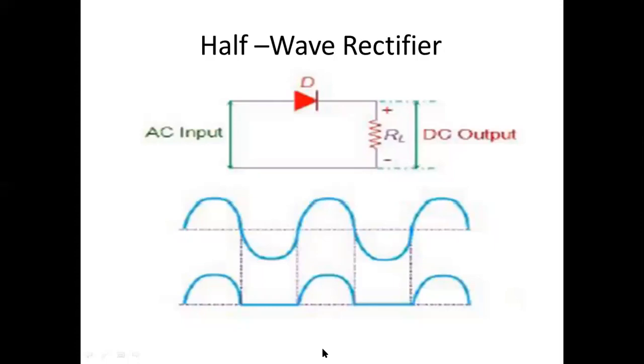So now we have to discuss the circuit diagram. Rectifiers are of three types, and we are going to use three types of rectifiers. The first one is the half wave rectifier, one wave meaning one cycle. This is the AC input, we can consider that one.